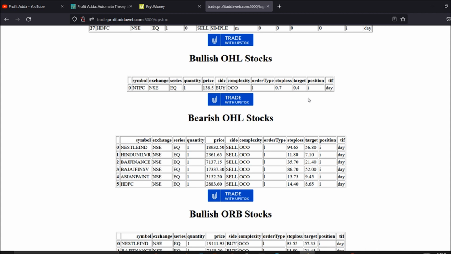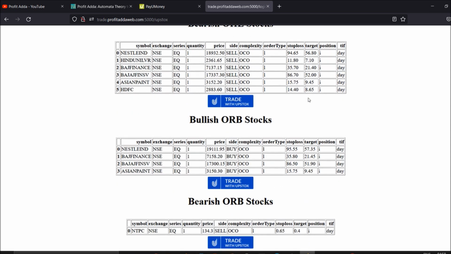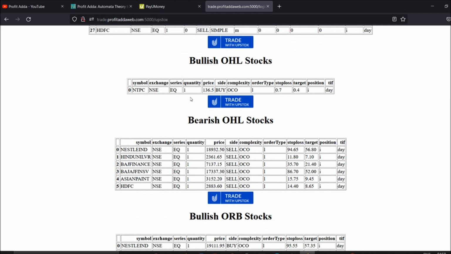Sometimes this OHL won't hold to its point. Say suppose NTPC is there, and NTPC won't follow that kind of thing. Your bullish stocks may turn bearish. Maybe you recorded at a particular time, but after 10 minutes each and everything gets changed. The gap up and gap down, whatever stocks you are seeing in the scanner, may get into reversal.